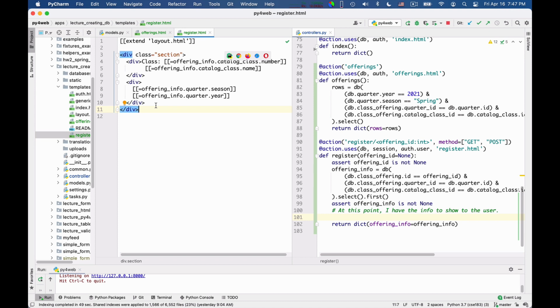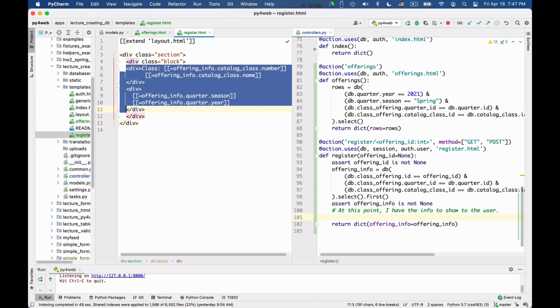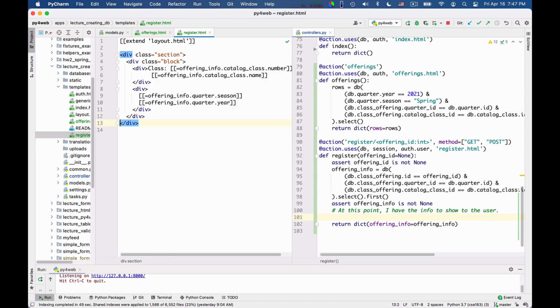Here I should again, this is pretty badly done. Maybe I should have a div class is equal to block to do a bit of spacing. Okay, this is now a bit better.